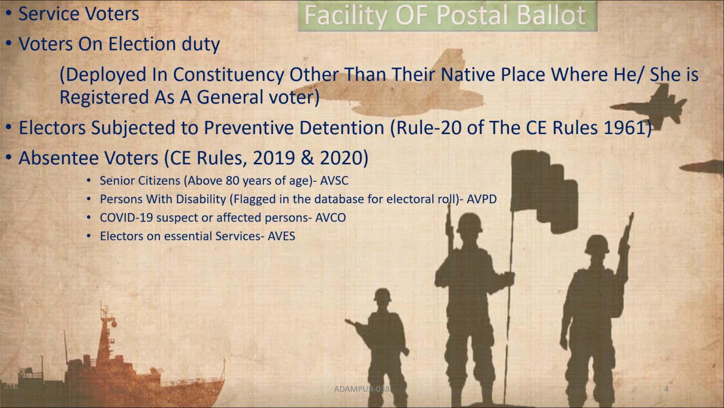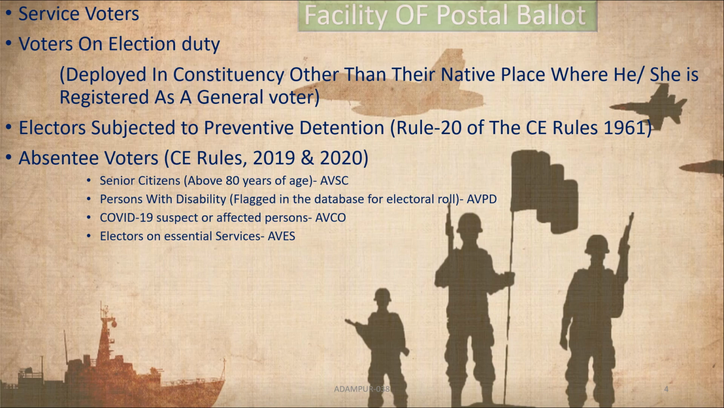The postal ballot facility is given to: number 1, service voters; number 2, voters on election duty deployed in a constituency other than their native place where he or she is registered as a general voter; electors subjected to preventive detention, Rule 20 of the Conduct of Election Rules 1961; and absentee voters, Conduct of Election Rules